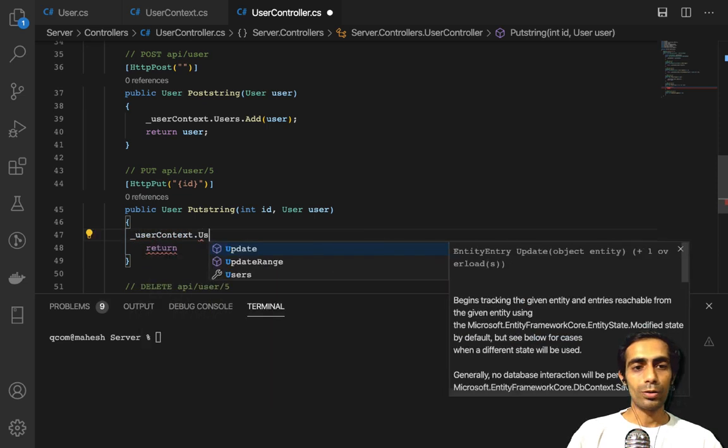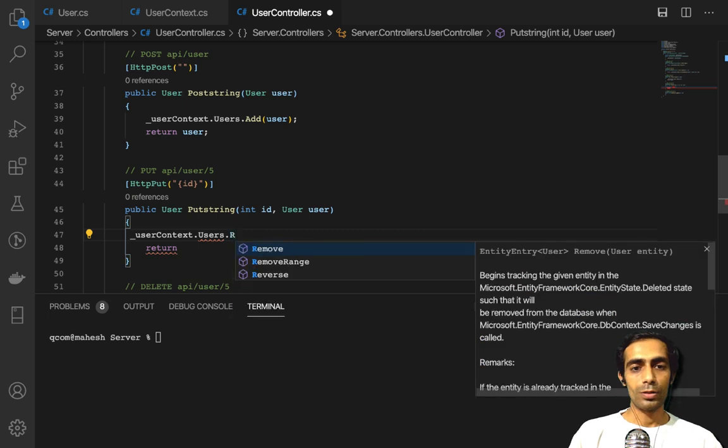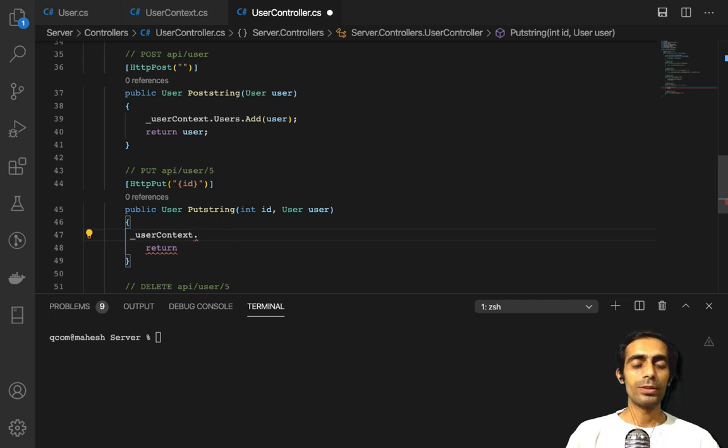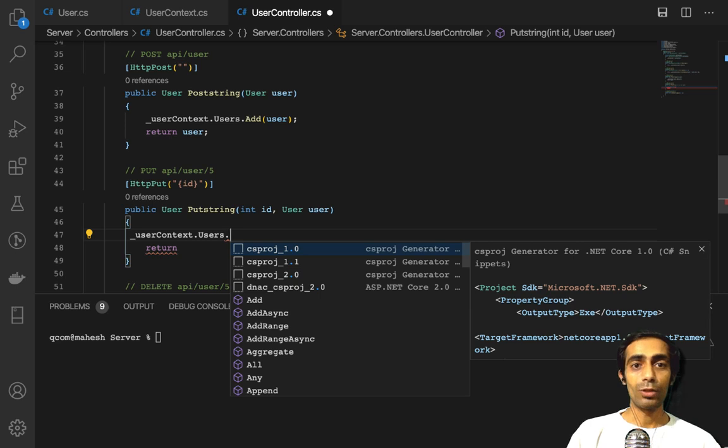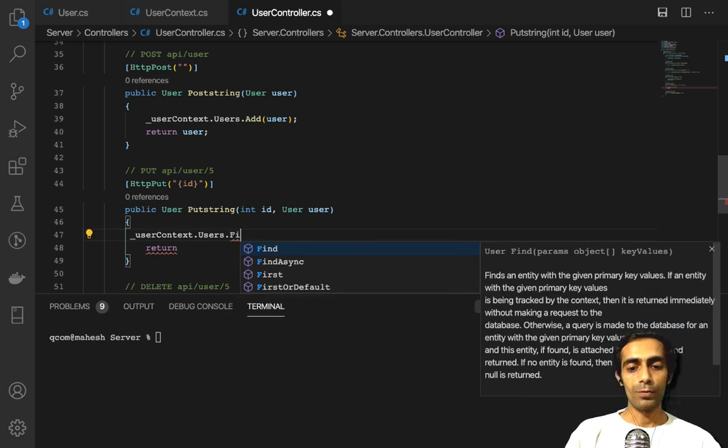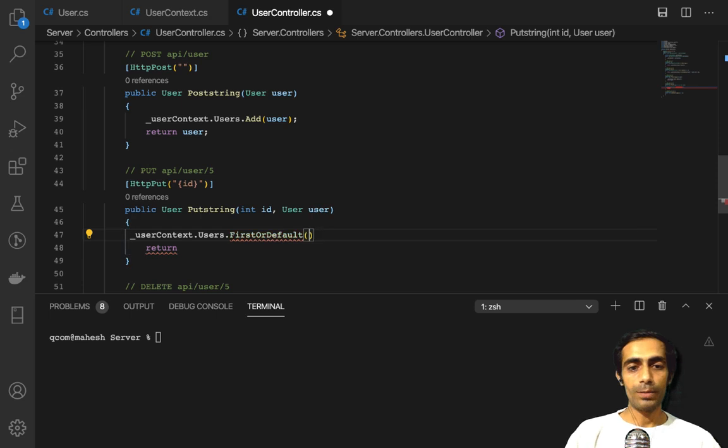User context dot users dot... no, I don't have it. Okay, it's fine. Users dot, again search for that particular user first or default, same as before. If we get that ID, which is equal to the ID, then we are going to save the old user